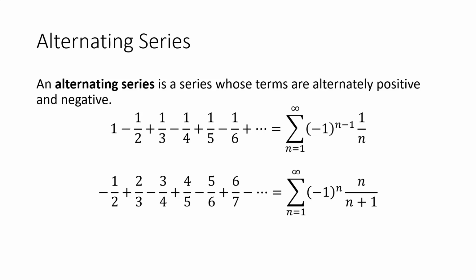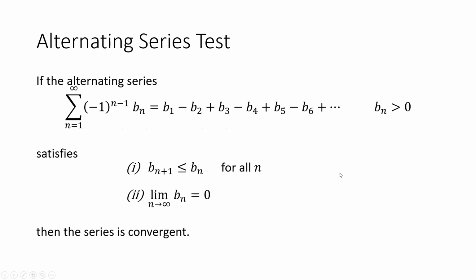So what conditions are required for us to determine whether an alternating series is convergent or divergent? It's actually a very simple test. As long as we have an alternating series, in this case b1 minus b2 plus b3 minus b4, and so on, where all the bn's are positive but the terms themselves alternate in sign, determined by this (-1)^(n-1) factor, and it satisfies these two conditions, where bn+1 is less than or equal to bn for all n,